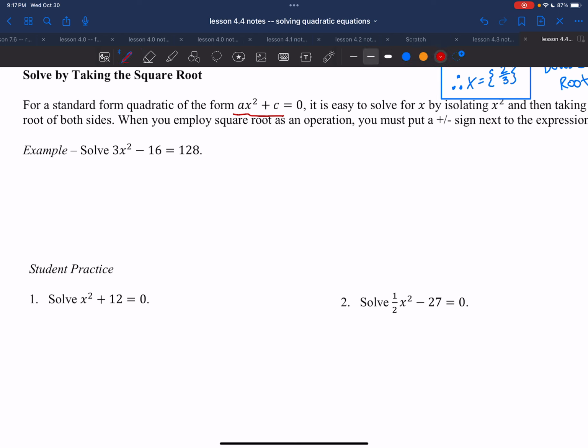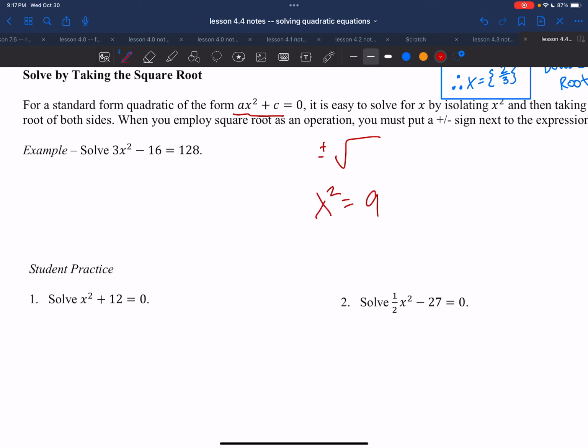And something to note, before I go ahead and work this example problem: whenever you take a square root, you need to put a plus or minus sign. There's a couple reasons for that. One of them I'm going to talk about in Unit 6. But the intuitive explanation is, if you have x squared equals